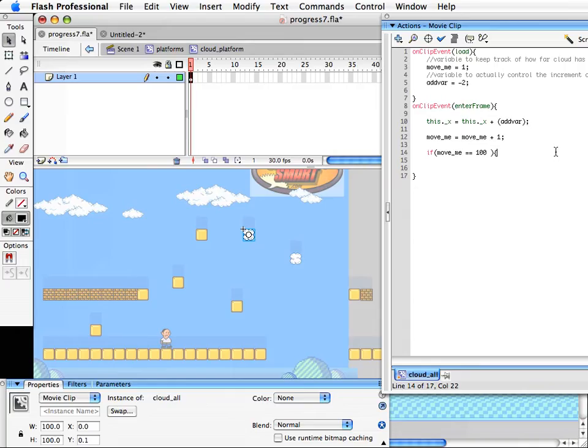And when that happens, we will say move_me equals 1 again. So it's kind of like if we were just to run through this right now, it would get up to 100, and then it would go back down to 1. Which, of course, right now doesn't really do much other than keep adding and subtracting from itself. But now what we're going to do is say